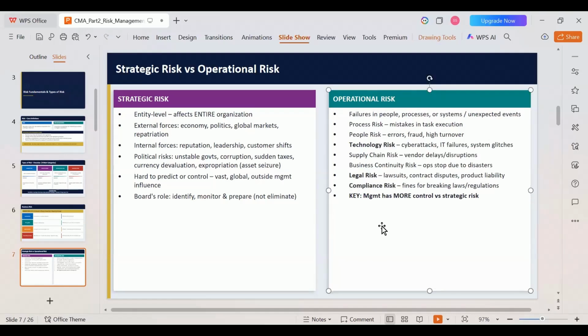Yes. So legal risks involve lawsuits, contract disputes, product liability. Legal risk means the risk that we are facing due to the laws and regulations that we have to follow. Then compliance risk. Compliance risk means every company present in a country has to follow whatever rules and regulations the country imposes for businesses. If they fail to abide by the laws and regulations, that becomes compliance risk. They will be subject to punishments, fines, and taxes.